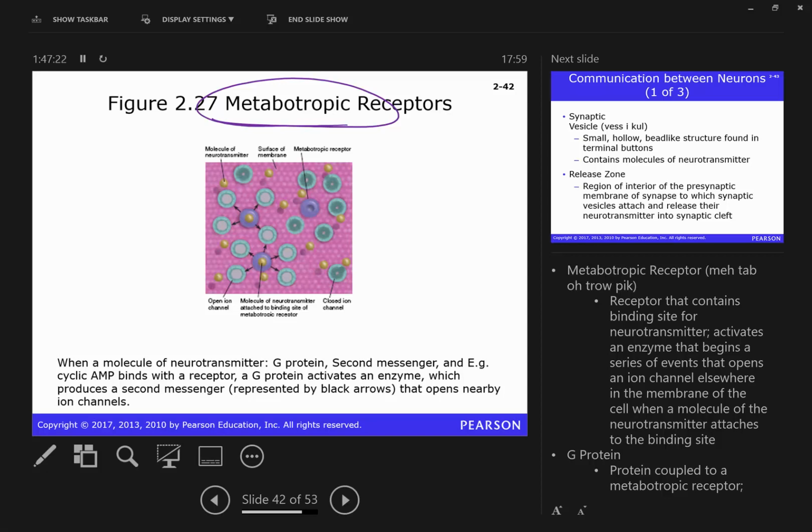So this is not direct, right? The ion channel and the receptor are in two separate locations, right? They're geographically separated. They're not integrated into one structure. So it's not direct. It's not a one-to-one relationship, it's a one-to-many, right? When you activate one receptor, you can actually open multiple ion channels, okay? We call this a cascade,